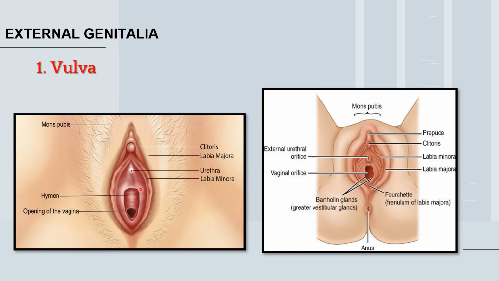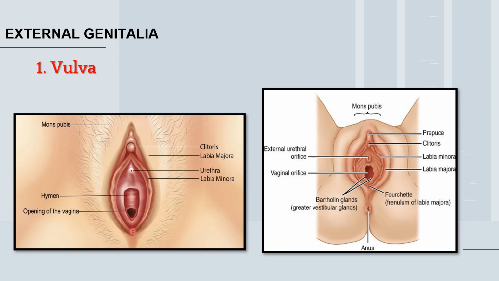The opening of the urethra, which passes the urine, and the opening of the vagina, both these openings are going to lie in a median vertical depression called the vestibule. Median meaning centrally located. So the vestibule is a median vertically situated depression-like structure which is going to have the urethral opening and the vaginal opening.